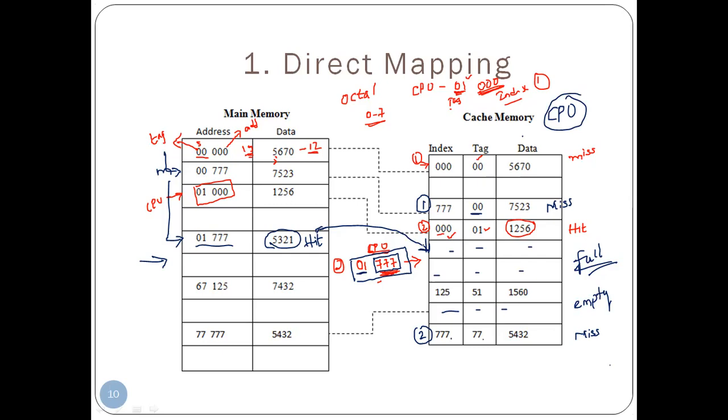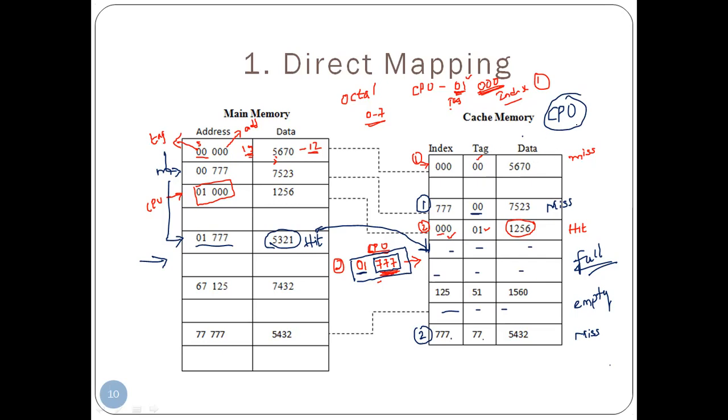So this is how direct mapping is going to be done. Simply you have to remember that the CPU is going to generate a 15-bit address. That 15-bit address is going to be represented in 5 digits, each of 3 bits. Fine. So that is going to be mapped in the cache. If that is available, okay, no worries, it is going to take the data. If the data was not available, we have to take the data from the main memory to the cache memory.